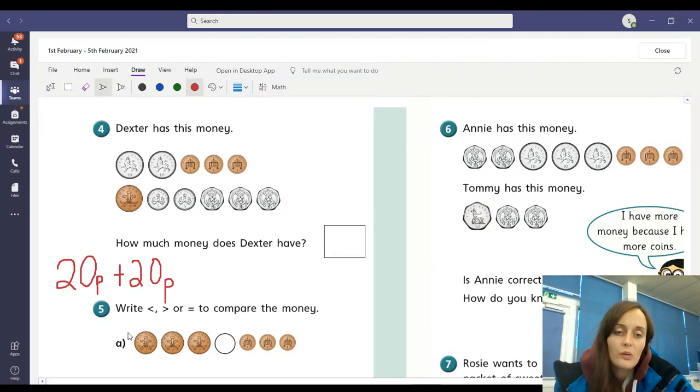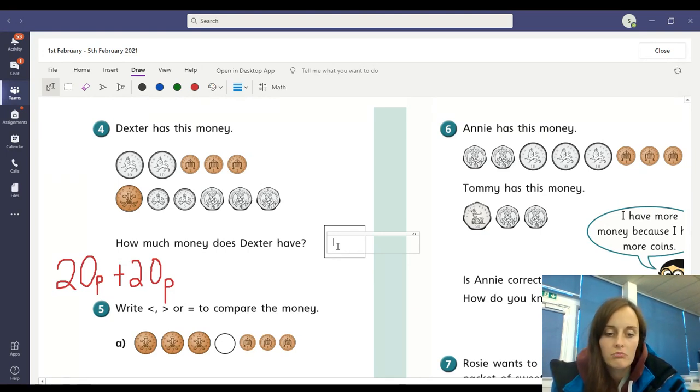Okay, if you don't want to draw on it because you're finding it too fiddly, okay, you can type. So if you click the type button here, and you click on where you want the text box to go, it will show up on your screen. Okay, so let me just show you that again. Let me just delete it. Okay, so I've gone to the type button and I have clicked where I want my text box to go. So I can then drag my text box into the answer box and I can write,